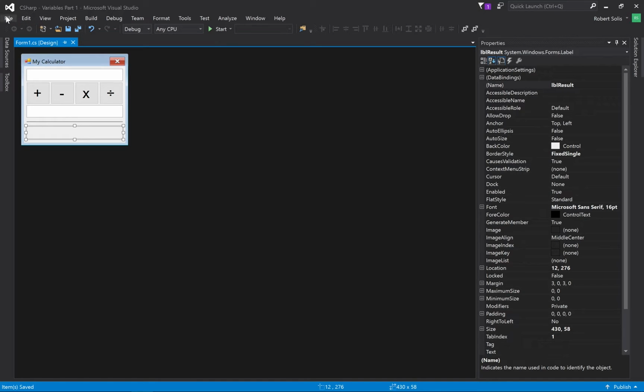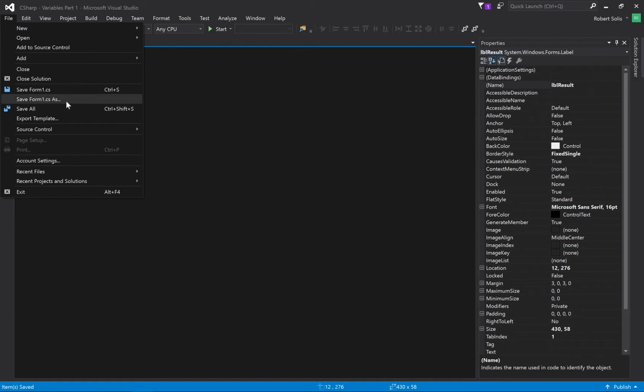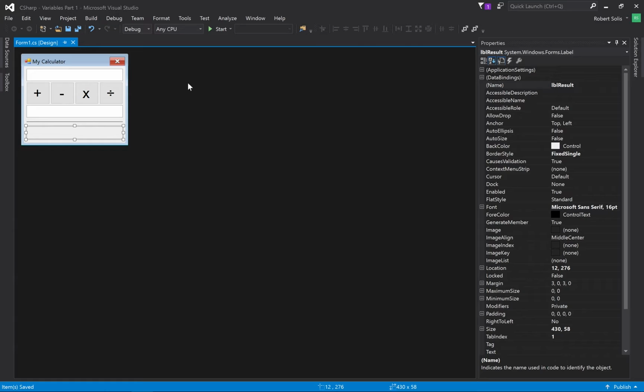Or you could also go to File, Save All as well. There it is, Save All. Or Control-Shift, and then 5. That's okay too. All right, so now that we have finished our graphical user interface, we are now ready to